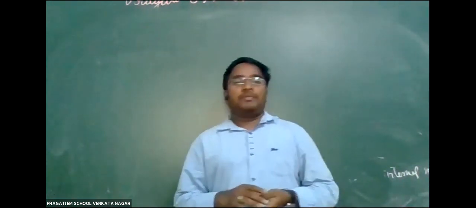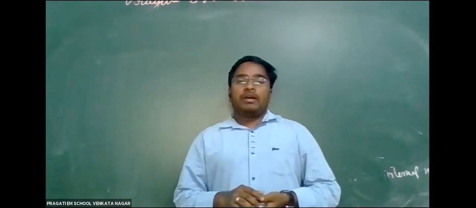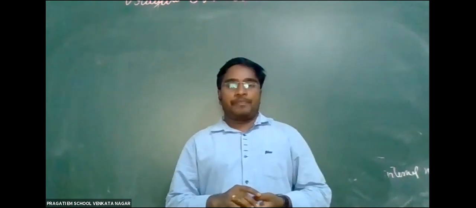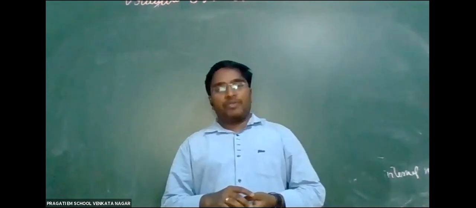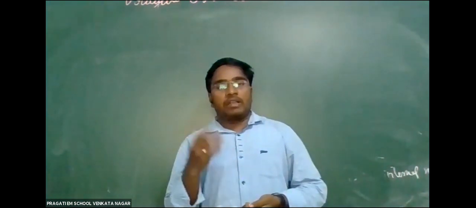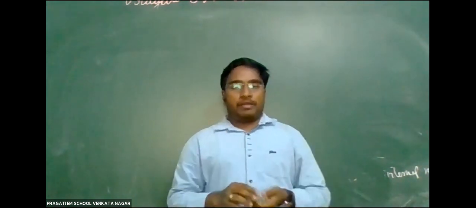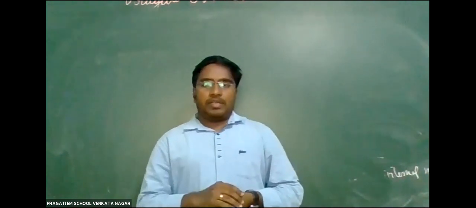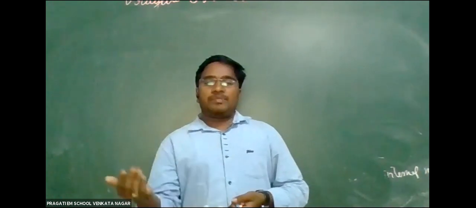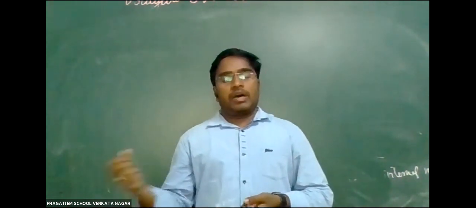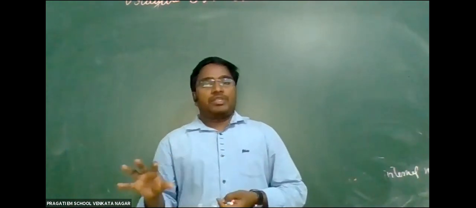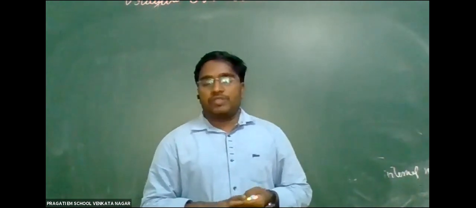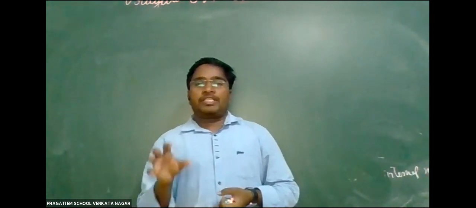Hello children, good morning all of you. In the last class we discussed nutrition, types of nutrition, up to heterotrophic nutrition. Heterotrophic nutrition is a type of nutrition where the organism depends on other organisms or dead and decaying matter. So, with respect to nutrition, organisms are divided into different types, isn't it? In higher organisms, they are divided into herbivores, carnivores, omnivores. Some types of nutrition which we discussed are saprophytic nutrition, parasitic nutrition, and holozoic mode of nutrition. Here my question is, what is the meaning of